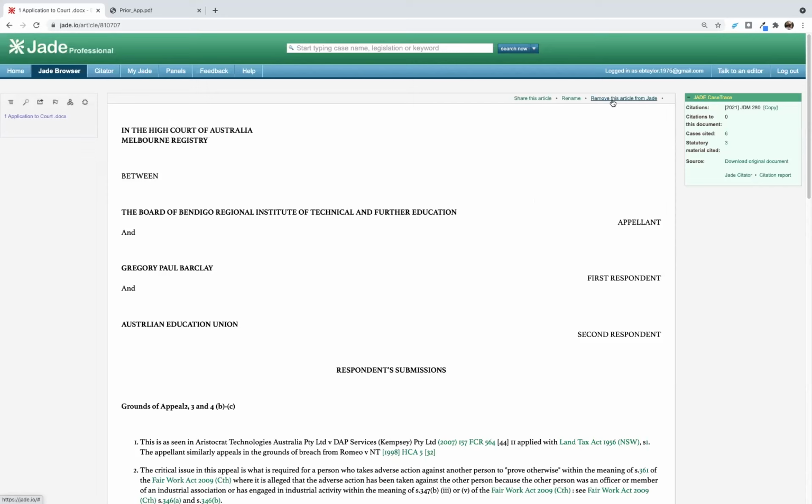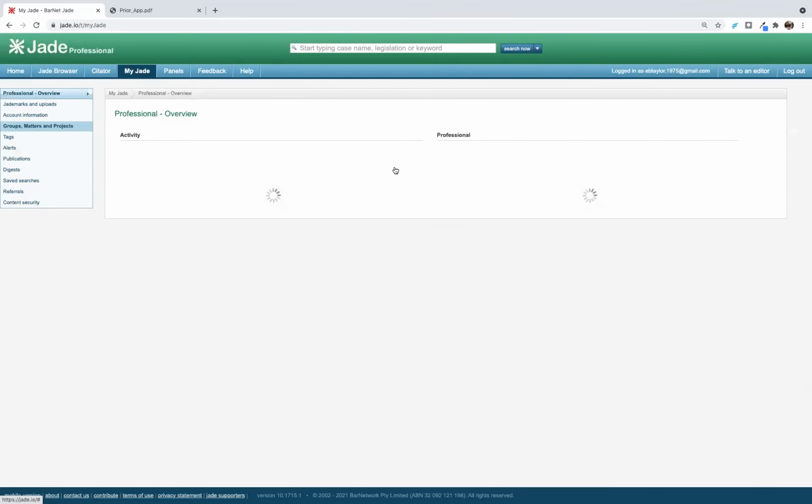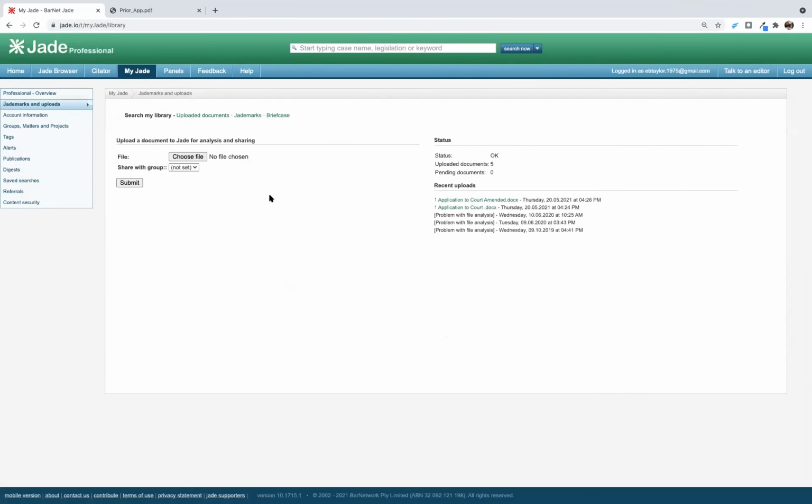So once I've finished with that, and I've seen the errors, I would remove this document from Jade, just as a matter of good practice and version control as well. I'd go into my Word document and make my edits there. And then I'd go through the process of re-uploading my amended document, choose File, Submit,